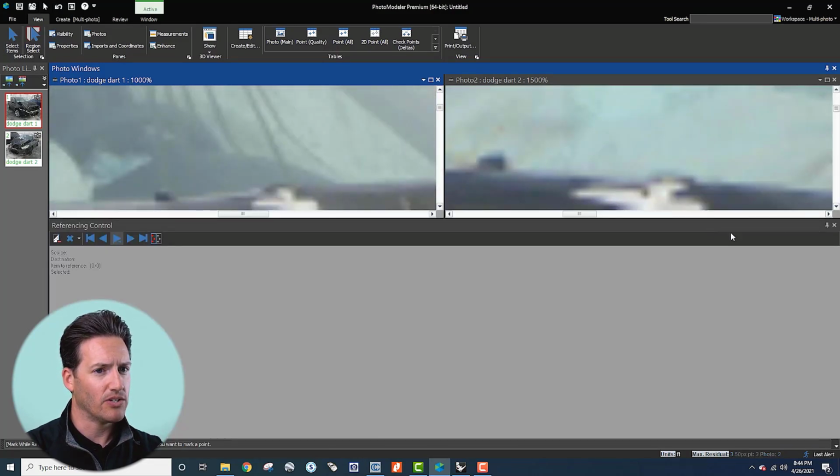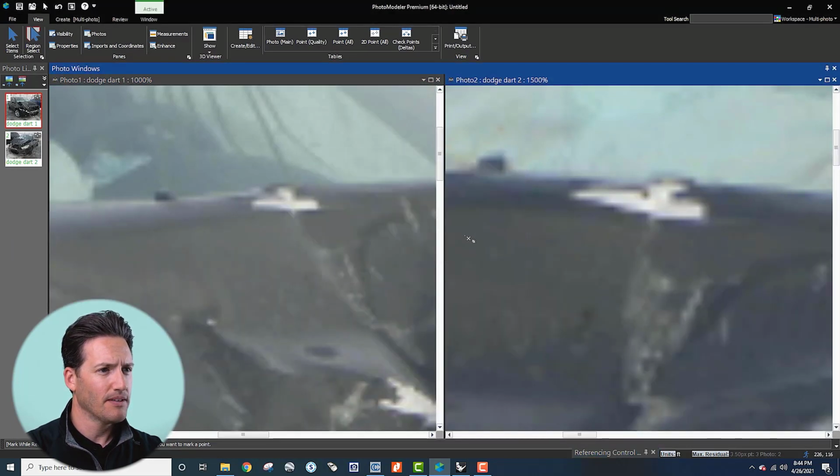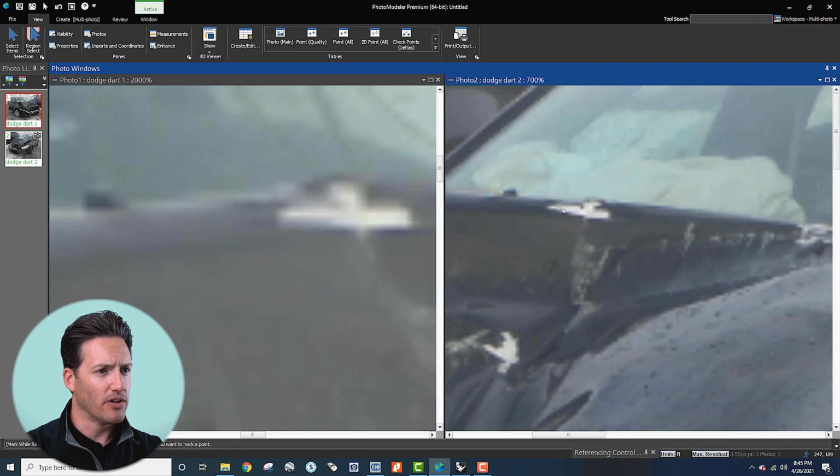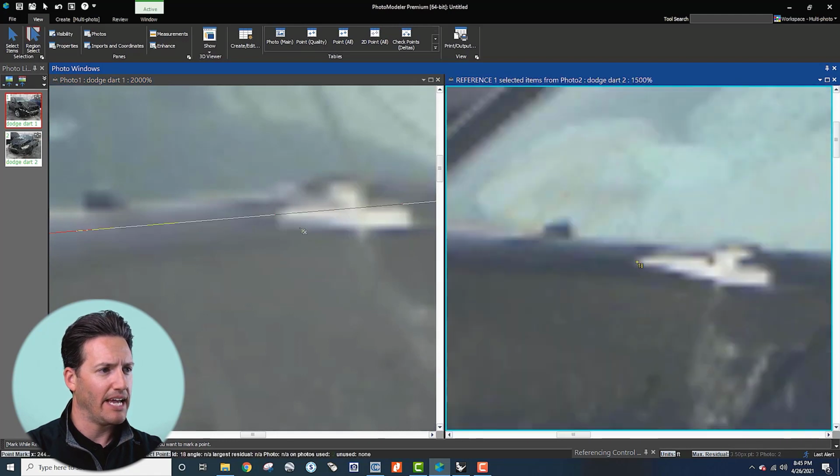So I'll pick really distinct things like paint missing here. Let me get this out of there. Go to this missing paint here on the top of the hood and just click it on both. And